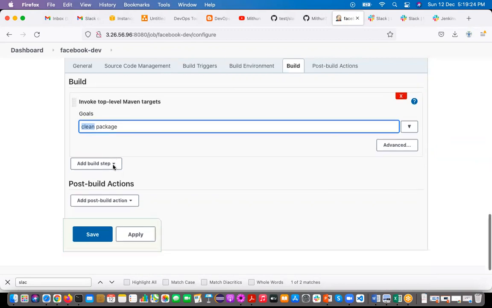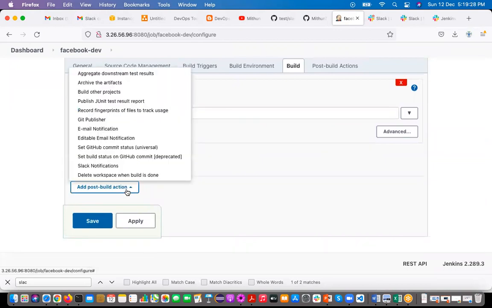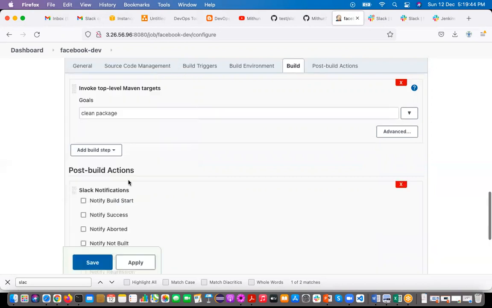Then you can come here, post build actions. If you see here, Slack notifications. When are we going to see this option? After installing the Slack notifications plugin. Without installing it, you are not able to see this option. Select that one.